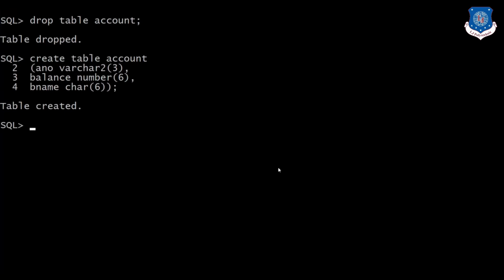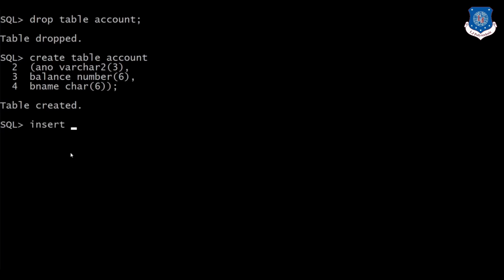Now why is commit used? In case of commit, it saves all work done. It ends the current transaction and makes permanent the changes during the transaction. So we will insert several data.